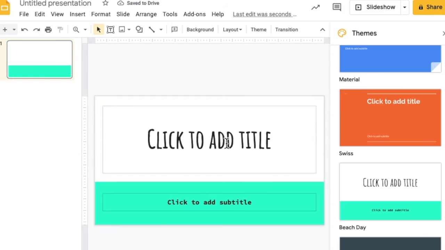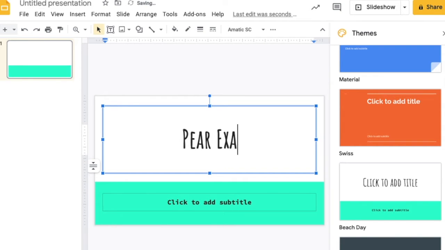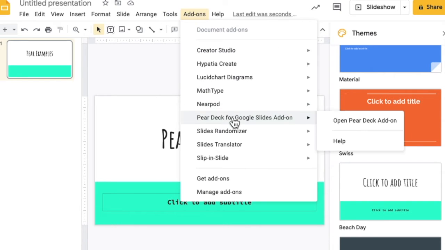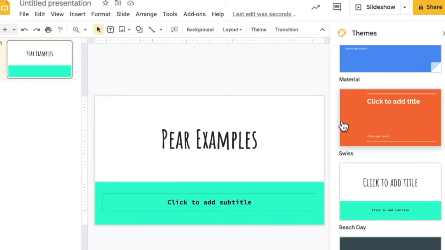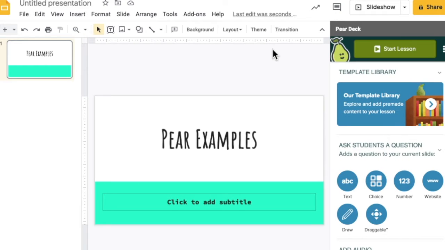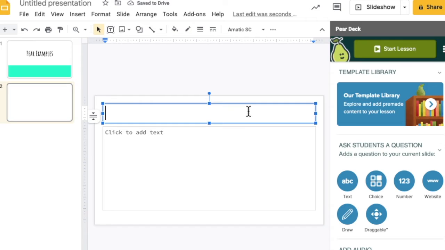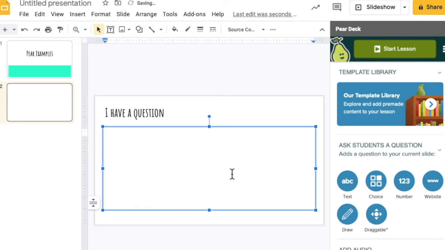Okay, so I'll call this Pear Examples, I guess. And what I'm going to do is go to add-ons, and Pear Deck, if you have logged into it, should be here in your add-ons. So I'm going to say open the Pear Deck add-on, and I should see ask students questions. So some slides may be exposition stuff, but some slides will be I have a question. Okay, and so you'll say whatever your question is,